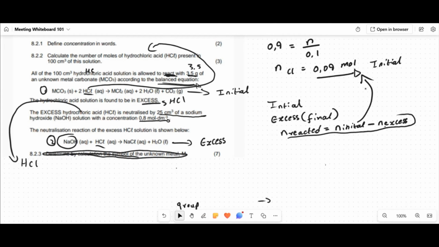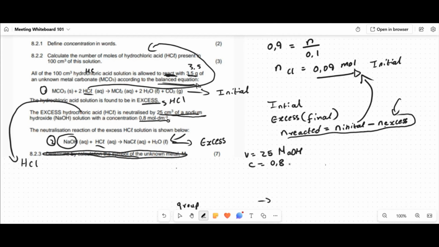Let's see if we can get the excess number of moles of HCl, and then we'll put them in this equation. Let's read our statement again. We have 25 cubic centimeter of sodium hydroxide, NaOH, with the concentration of